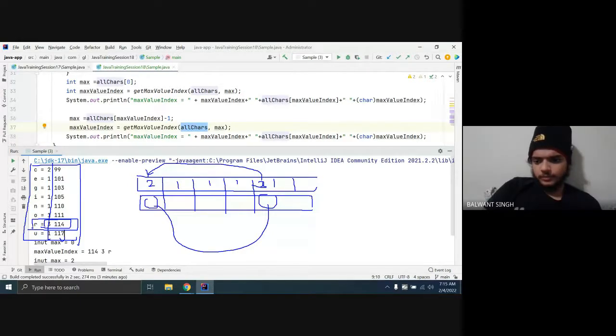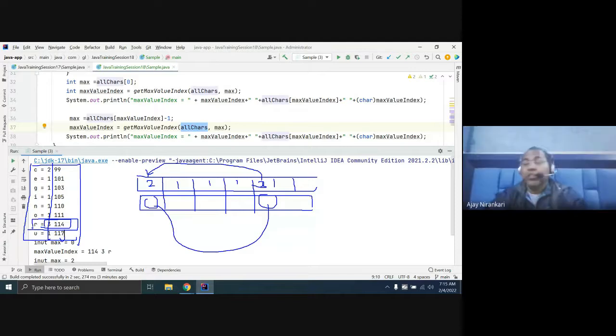So we have to make a new array for this. This is one option. There can be multiple options, or you can write some method like max that can return the next max. You can have these options.